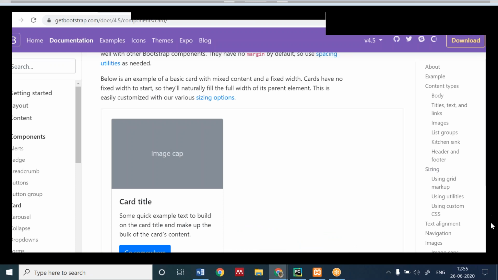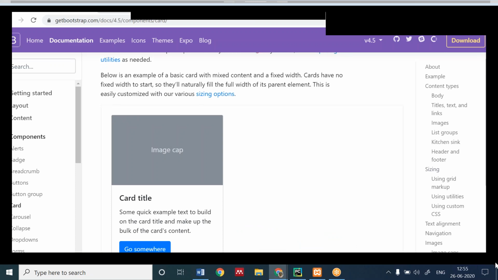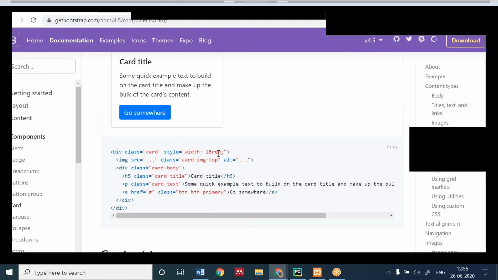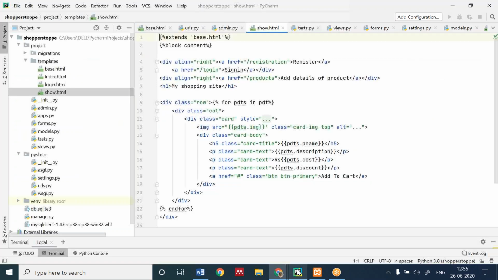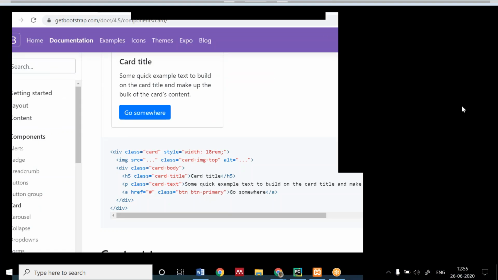This Bootstrap, the coding is here. You can find it out. This is the coding we implemented for this. You can simply copy it. Again, you will type Bootstrap, it will get the official site. Okay, you can get the code.